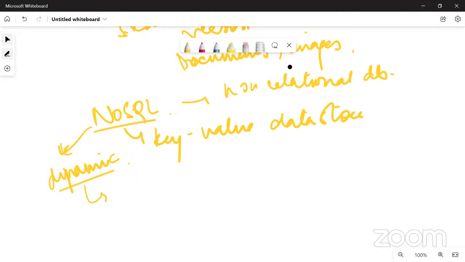So here the fields could be different, but if you worked with SQL, you'll know in a table, it's going to have just one kind of data. But here inside a collection, the schema is dynamic. You can have any kind of record in it with different or varying fields. That is why we say it has dynamic schema.